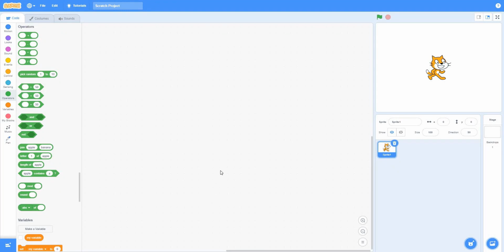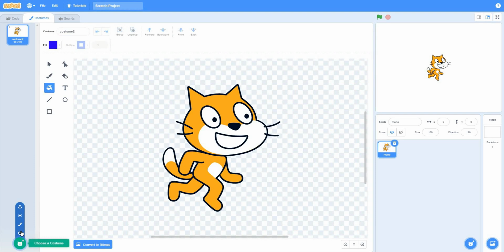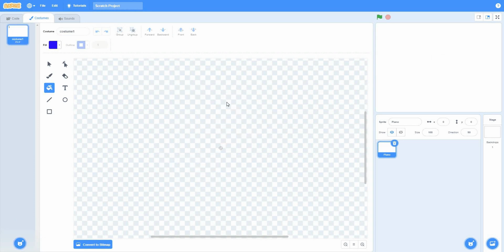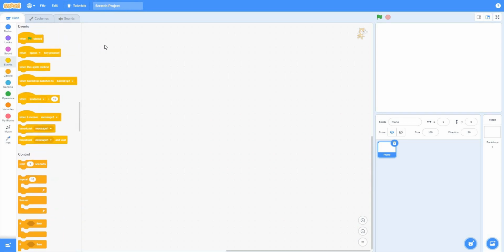Today we're gonna make a piano. Yes, we're gonna make a piano. So let's rename this as piano. Okay, and let's delete the costumes. Okay, so let it be empty here, and then let's bring this